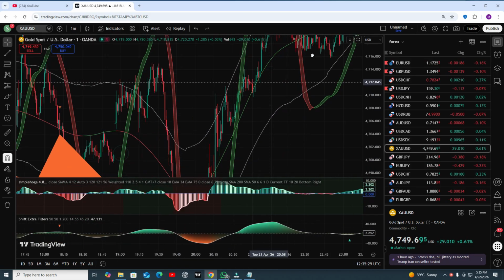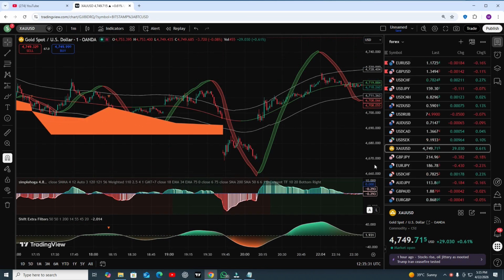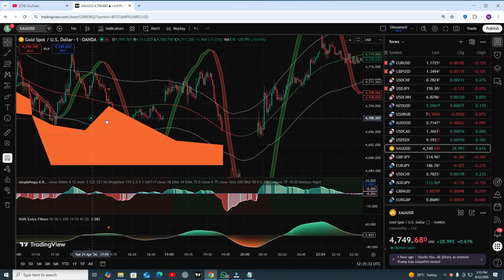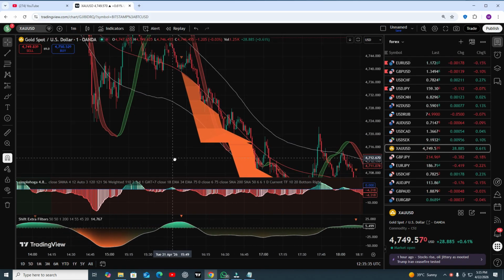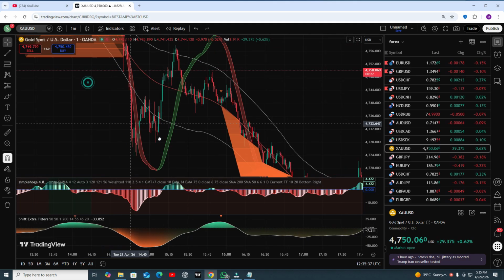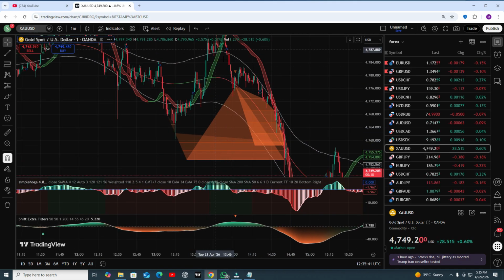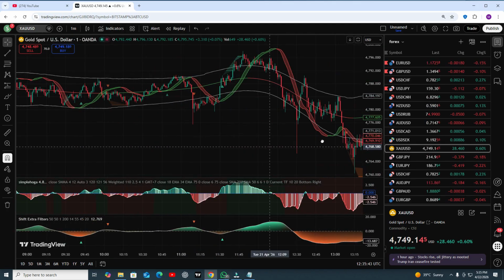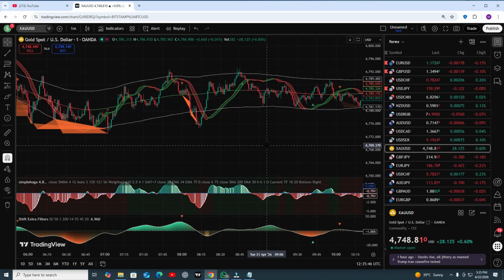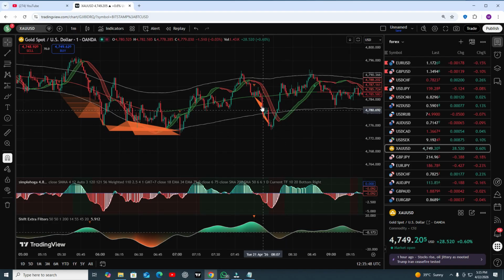We're using the 1 minute time frame. Here you can see this is your sell zone, and the market goes downside, very good. Here you can see this is your sell zone, and the market goes downside. Let me show some more points here. This was your sell zone, and you can see the market going downside.